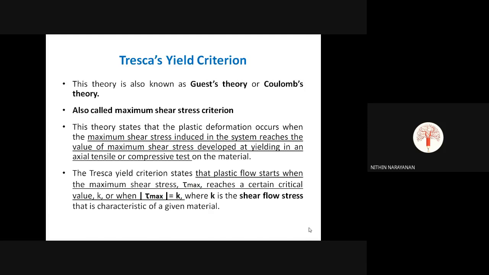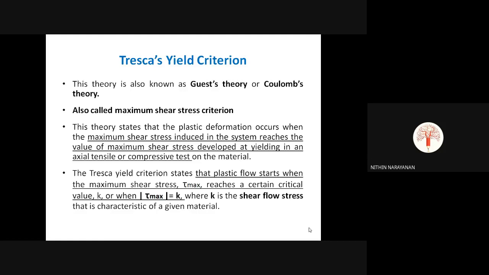This theory states that the plastic deformation occurs when the maximum shear stress induced in the system reaches the value of maximum shear stress developed at the yielding in an axial tensile or compressive test on the material. For example, if you are considering a rod, cylindrical rod,